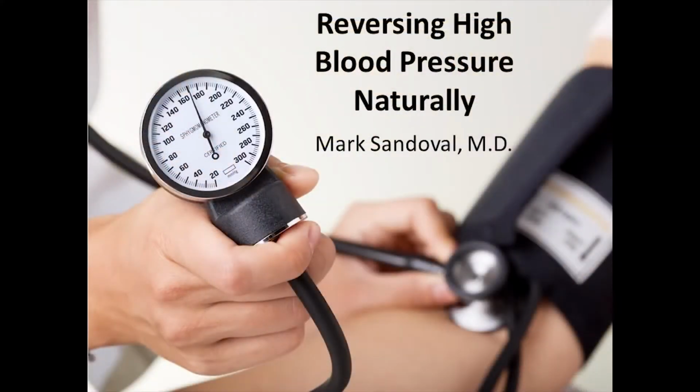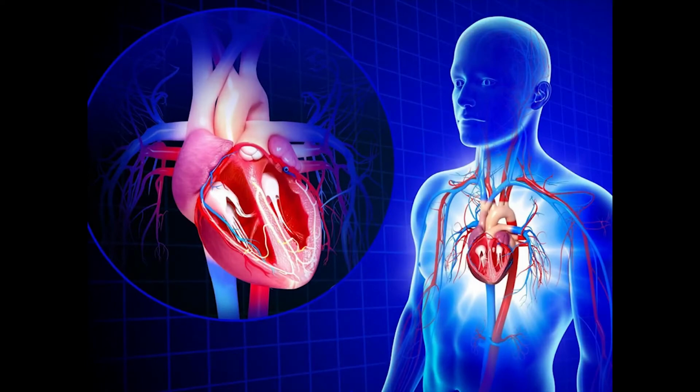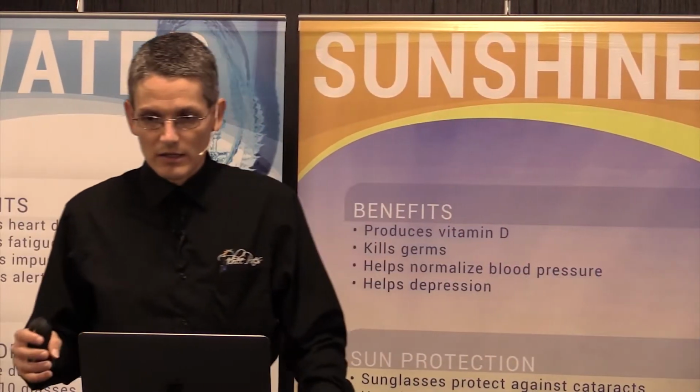Reversing high blood pressure naturally. So we want to look at doing that. When we look at high blood pressure, to understand high blood pressure, we need to understand a few things about